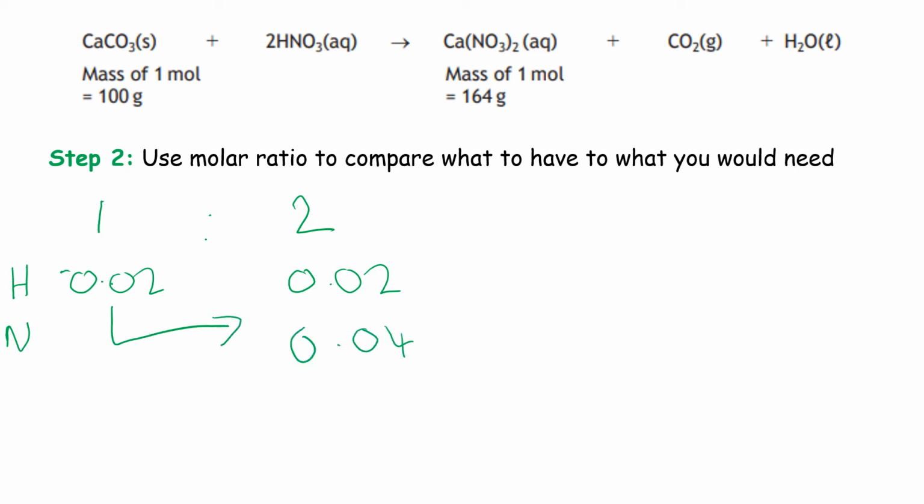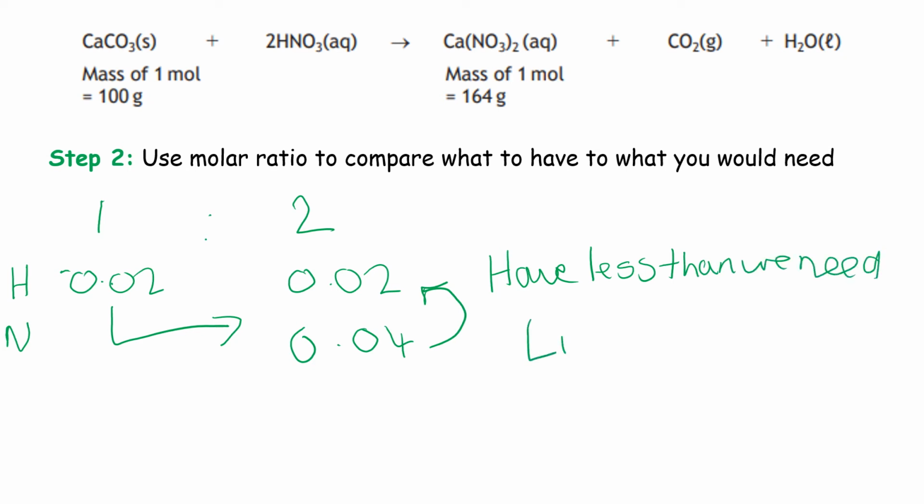So that's what we would need. So if we compare here, we have less than we need. And that means that is limiting. So the HNO3 is limiting. That also means that our CaCO3